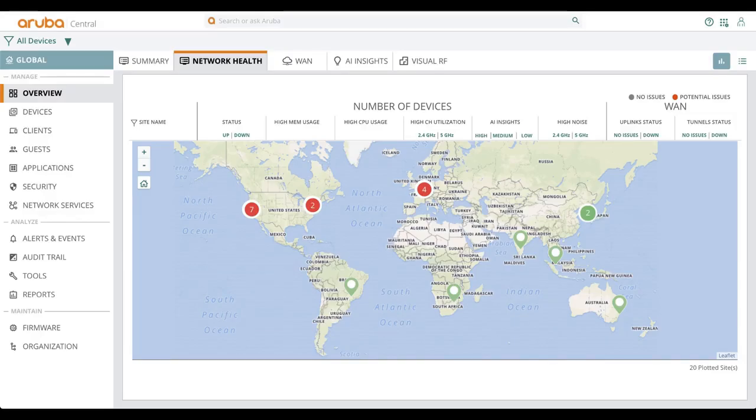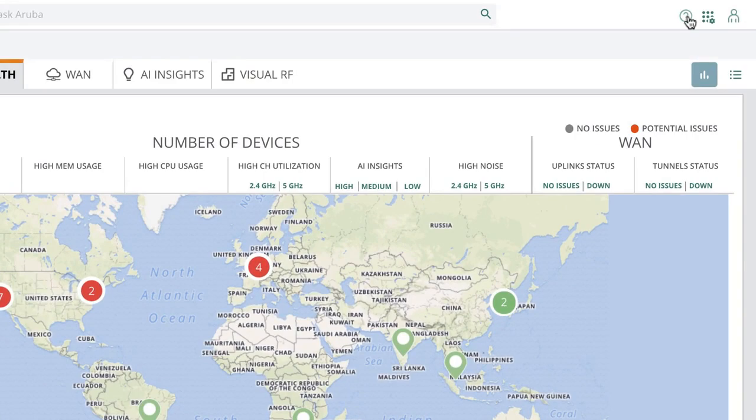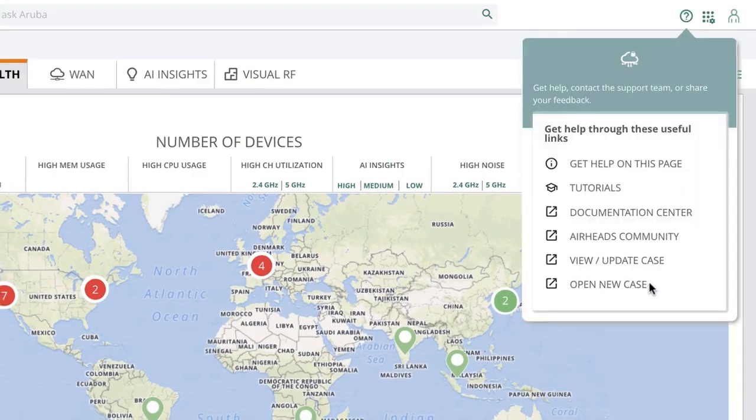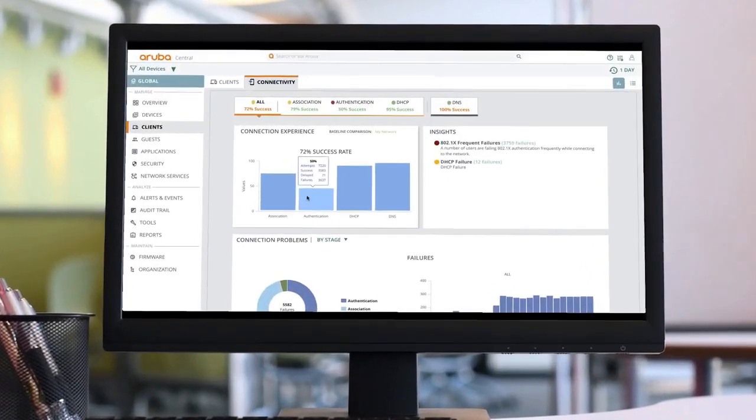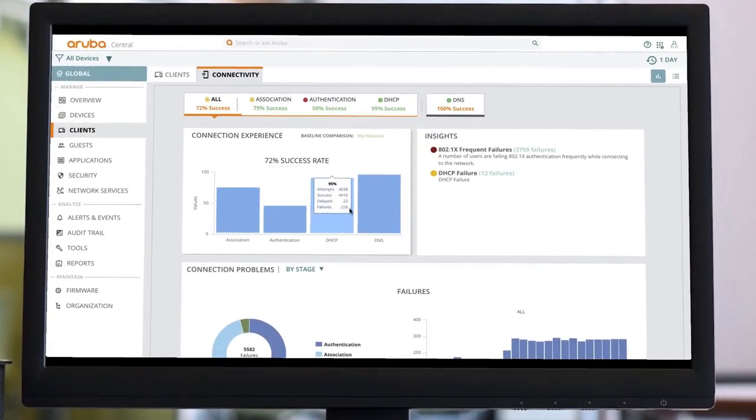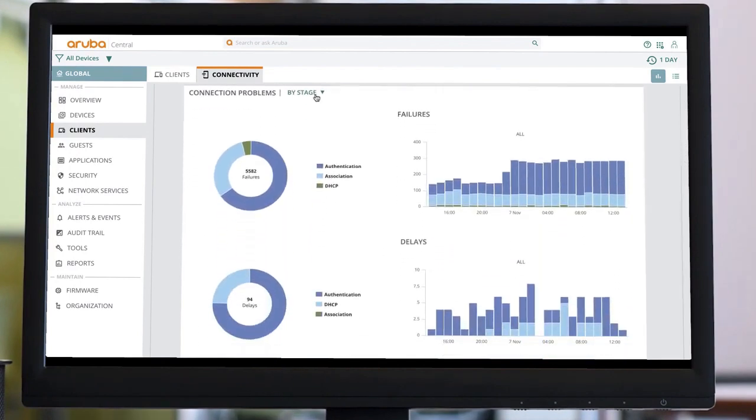And if you ever need to reach tech support, you can open or update your case all from the Aruba Central dashboard. As you can see, we're making Central easier to use than ever before, simplifying management to enable you to get on to the things that matter most to you and your